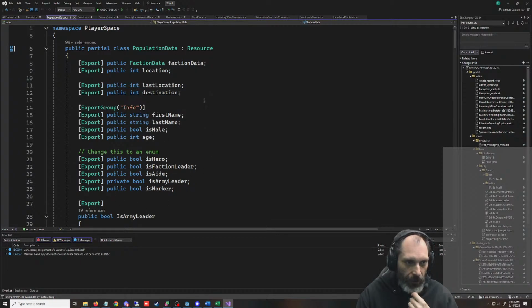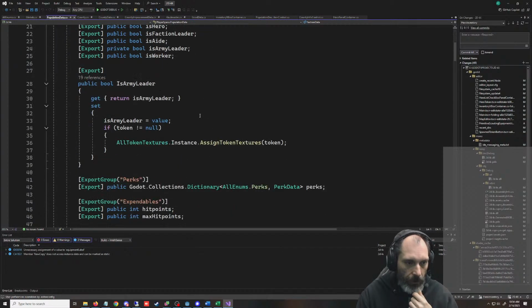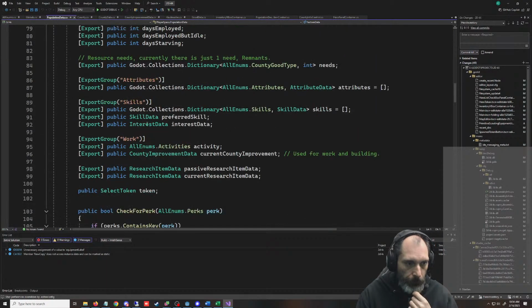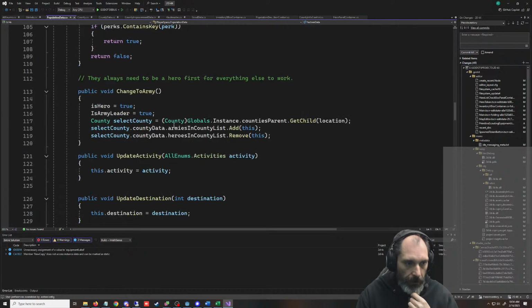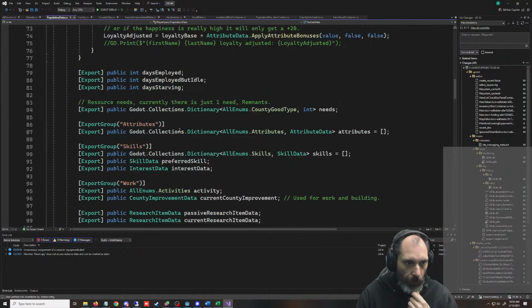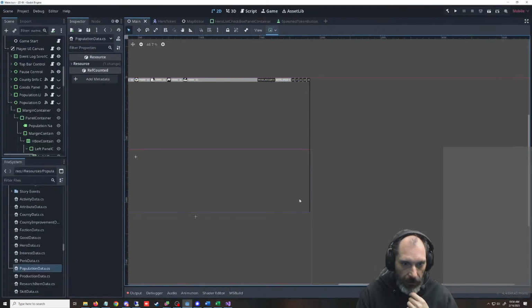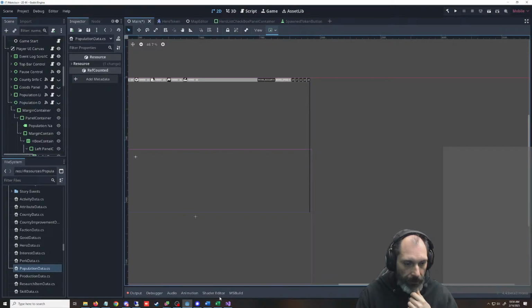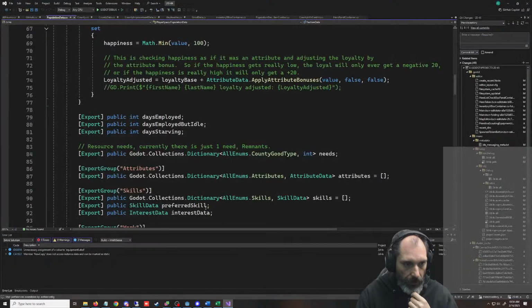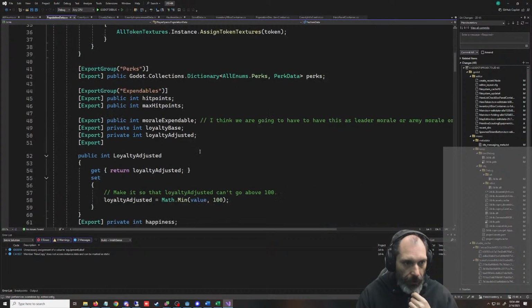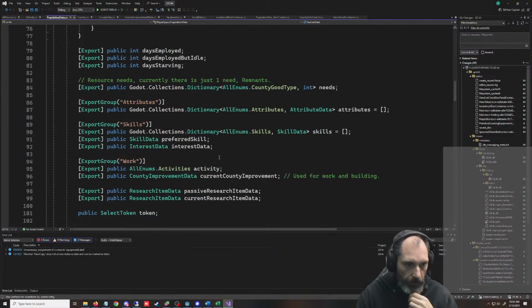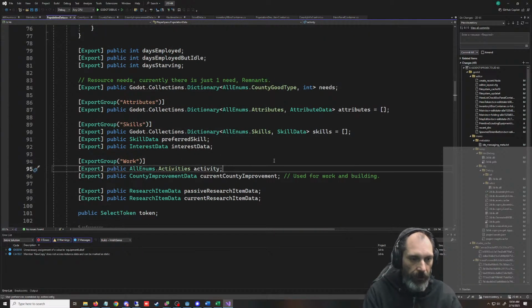Yeah, we should change that to an enum sooner than later. Probably skills, work. Where's our activity? What's at the bottom of this thing, isn't it? Where's our activity? So it should be right around here.